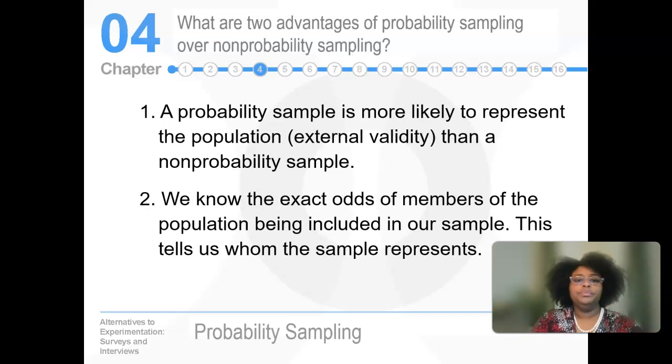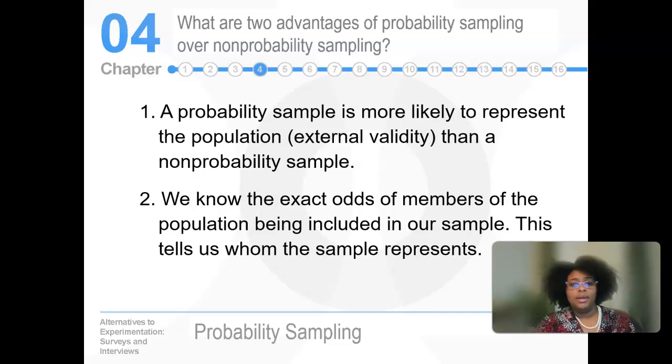Okay, so what are the advantages of sampling versus non-sampling? Well, a probability sample is more likely to represent the population as a whole. In previous lectures we talked about internal validity versus external validity. Well, this representation of the population would highlight external validity, meaning that we could take this information and apply it to the general population